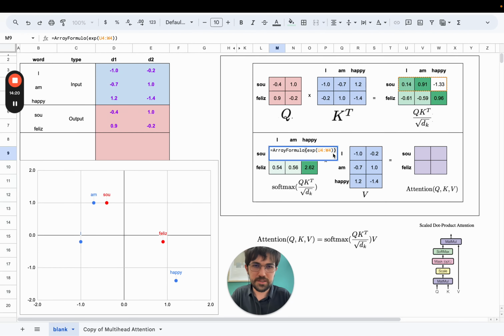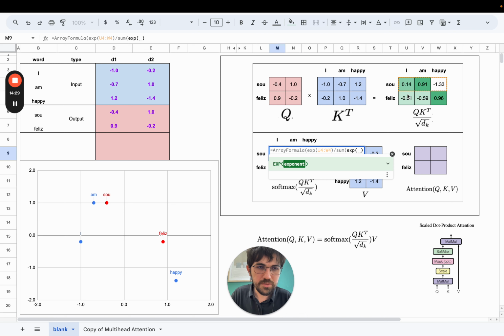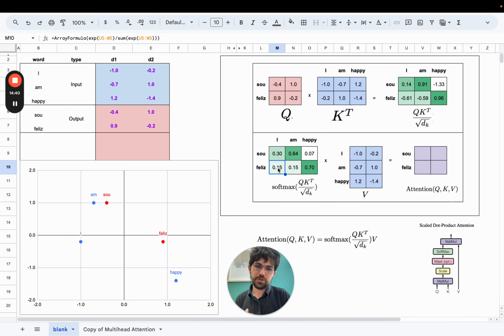I can do this here directly by dividing this by the sum of the exponential of this. So I believe now this is correct. Let's see. Okay, and here I'll be doing the same operation. Okay, done. And now the way we can interpret this is percentages. We can see that all of those amounts sum to 1, and we see that